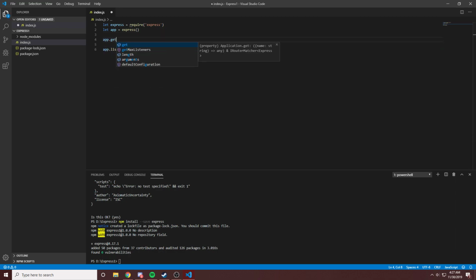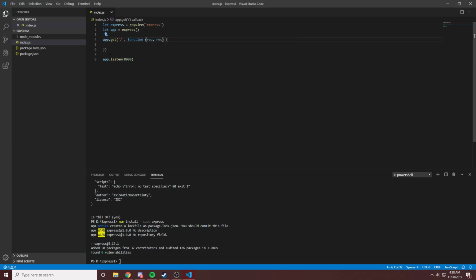So here we can actually use get and post. These are our two main methods for Express. There are others, but right now we're just going to be focusing on these. So we have app.get. We'll set the direct route, and then in here we specify a function. This is the middleware that's going to handle our get request to the default route. Any requests to this specific route are going to get this middleware